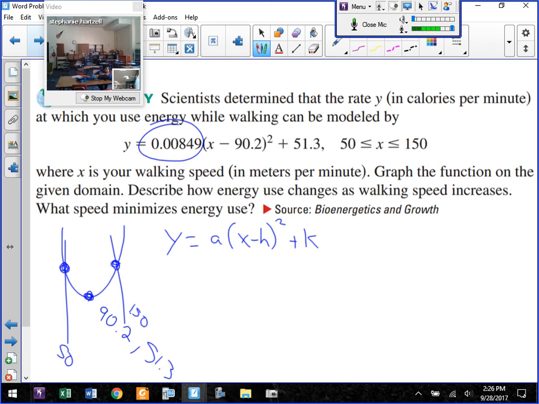Now, the other thing is, describe how energy use changes as walking speed increases. So, this is a real tough question to figure out. As you are walking,